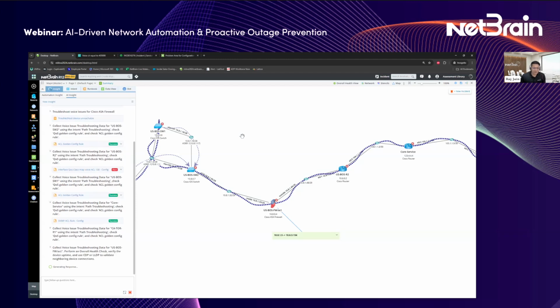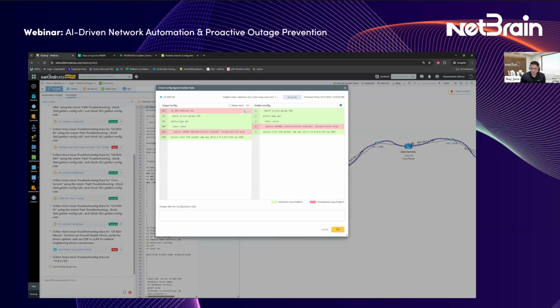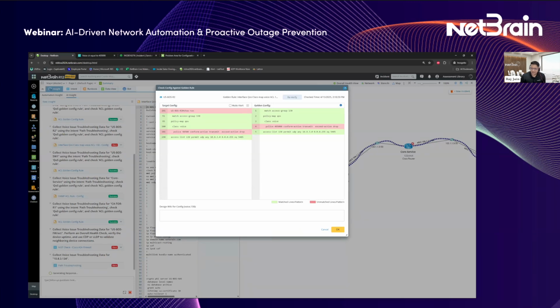And as you can see, some greens and reds. The red will very well tell me that, hey, looks like there is indeed a QoS problem. And it did point out the right problem for me. Okay, this is how interesting this is, and this is how powerful the AI use here is.